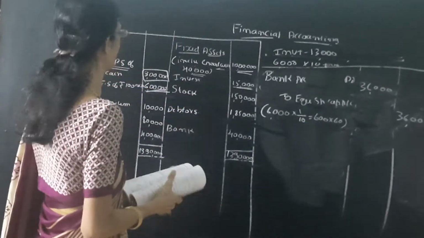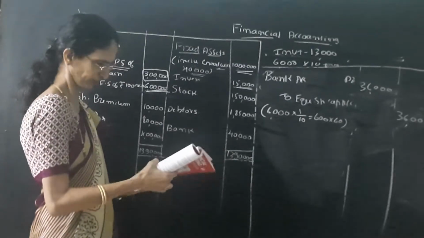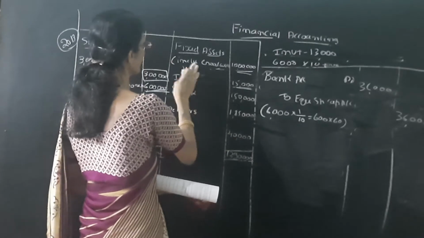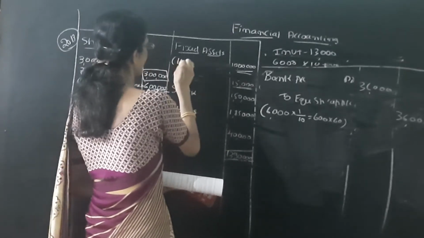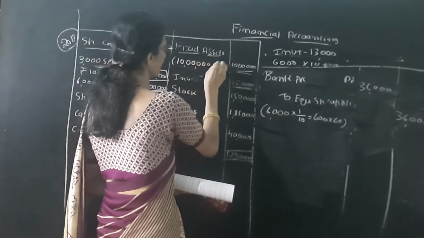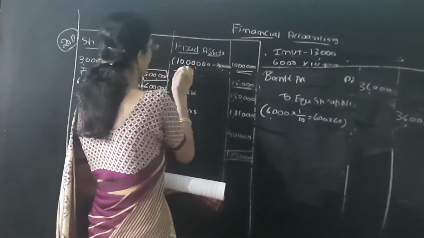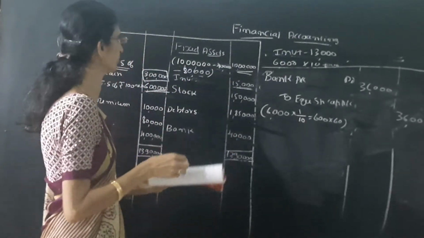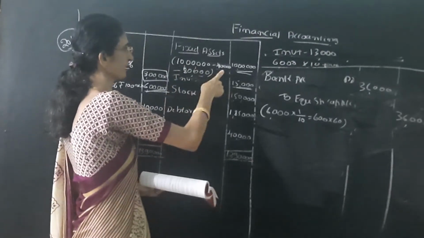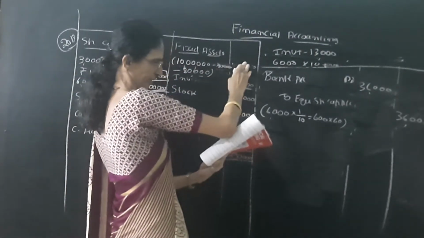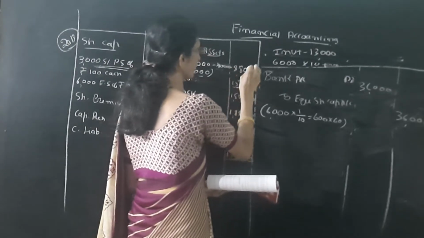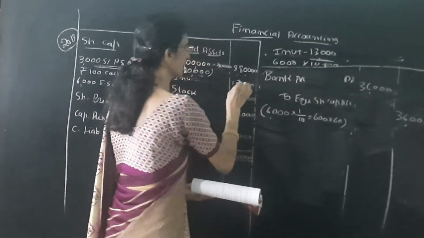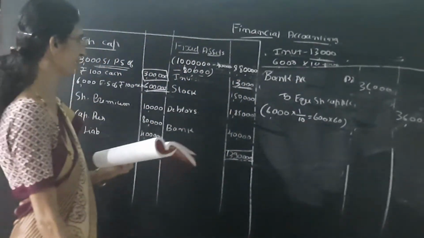Then we have to prepare the balance sheet. So see here, goodwill 40,000 is written off. Out of the fixed asset, within bracket 10 lakh is there. Out of that goodwill written off is 40,000. Next it is reduced by 80,000, so reduced means minus. So 10 lakh minus 40,000 minus 80,000, that means we get 8 lakh 80,000 fixed asset. Then investment is reduced to 13,000, so we have to write 13,000.